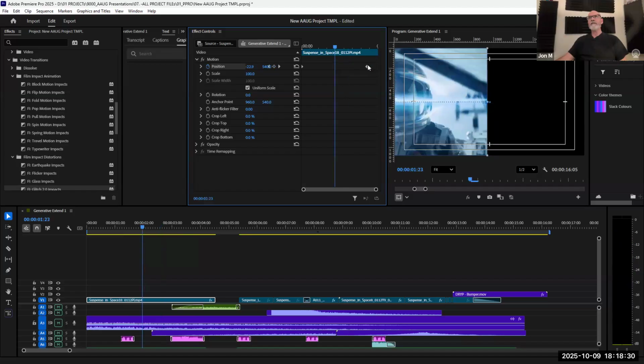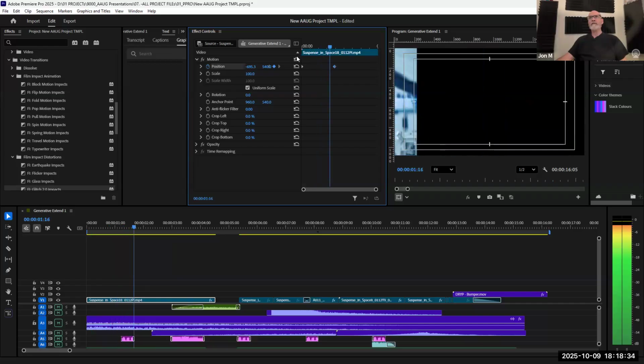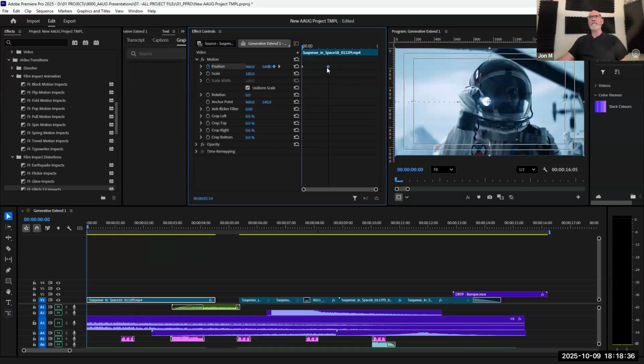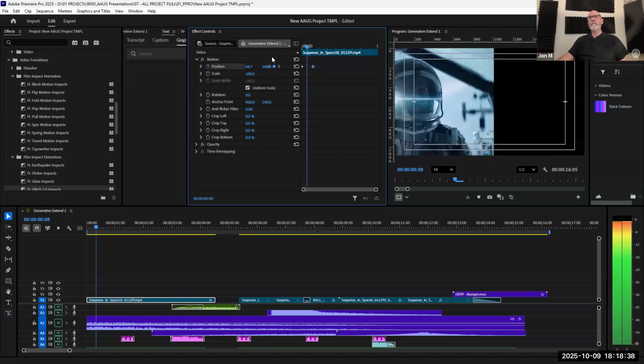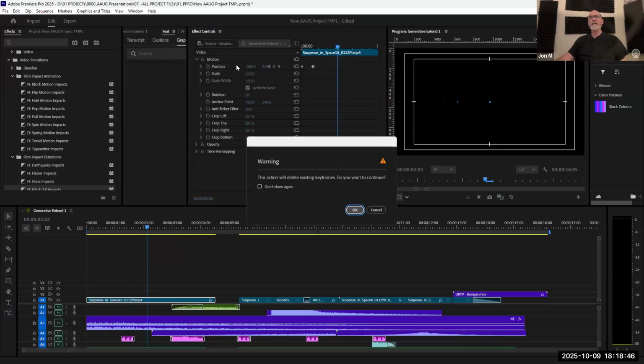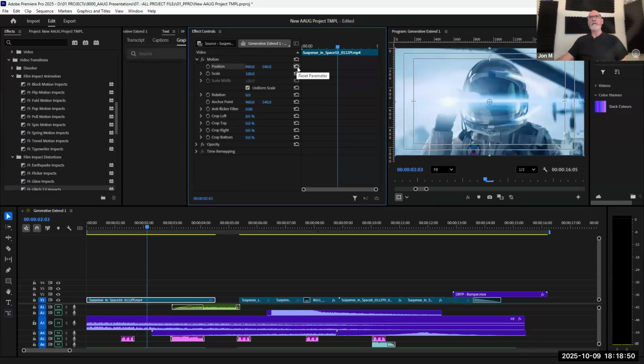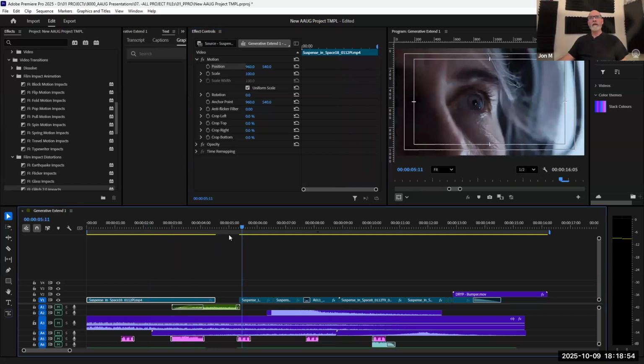You go, I need that faster. Well, I can just move the keyframe sooner, and then now it happens faster. Oh, I want it to be a lot faster. Oh, I don't want, I want the keyframes gone. Never mind, I don't want to move it. I'm just going to hit this blue stopwatch and I'll get rid of the keyframes. And I'll hit reset the position. Okay,